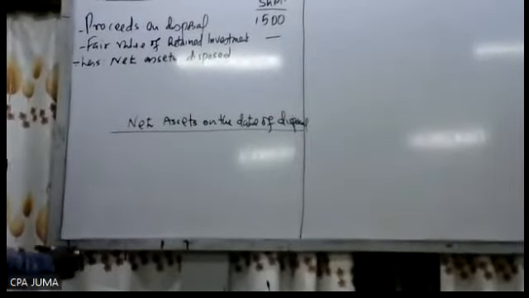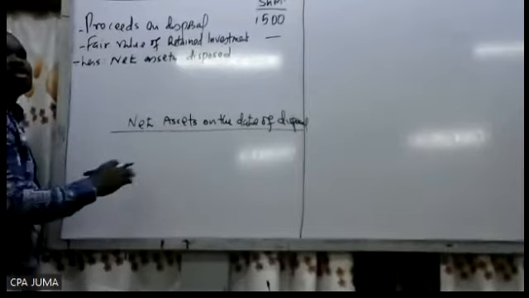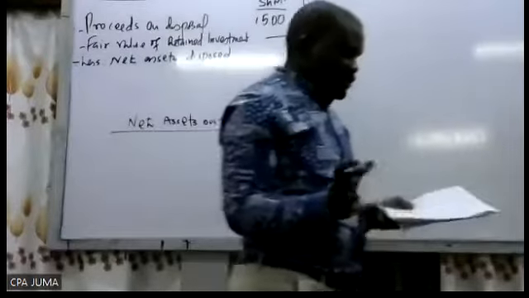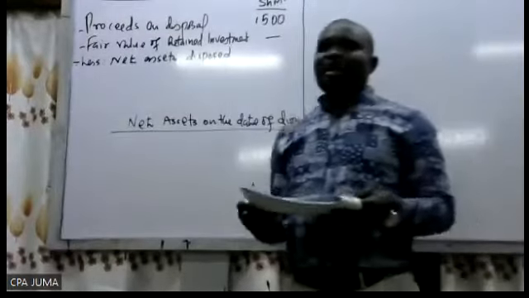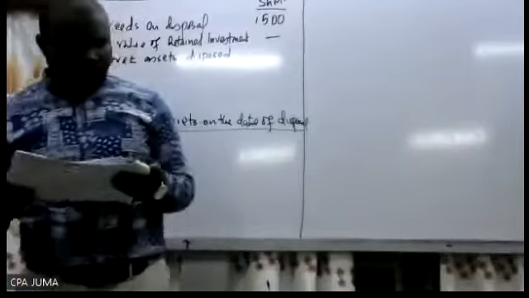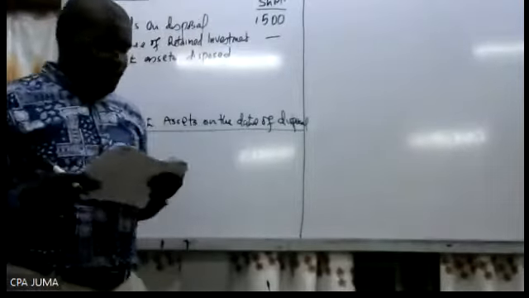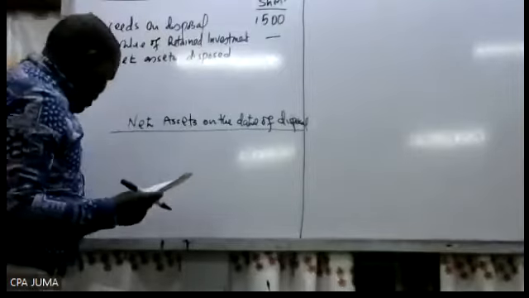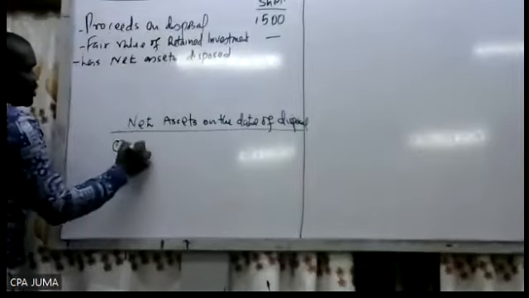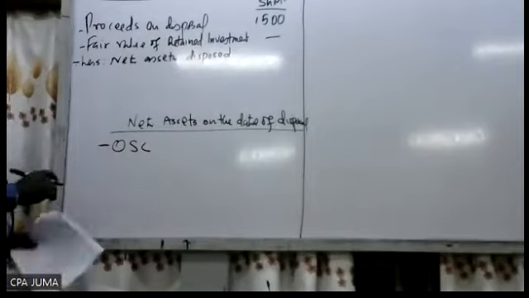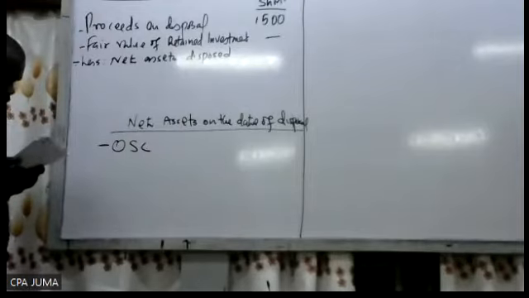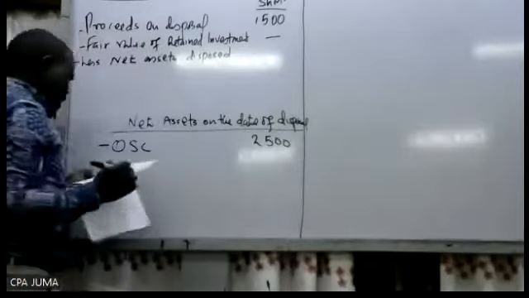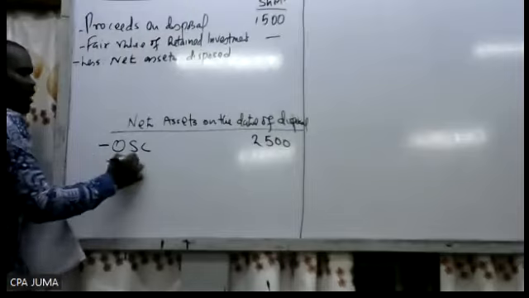Then you check how much. So the net assets, if not given, check the equity components: ordinary share capital, share premium, retained earnings. So go to the balance sheet of that company. That is A. Check the equity components. Those are the net assets. So the equity components, we have ordinary share capital. How much? 2025. Then share premium,